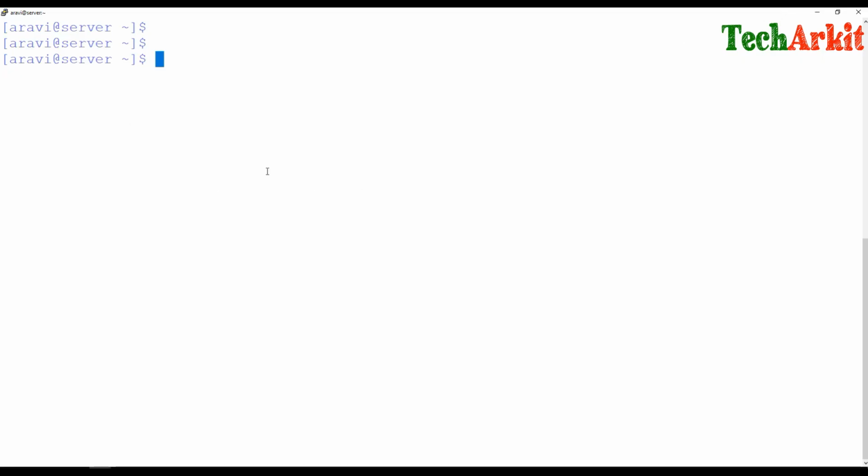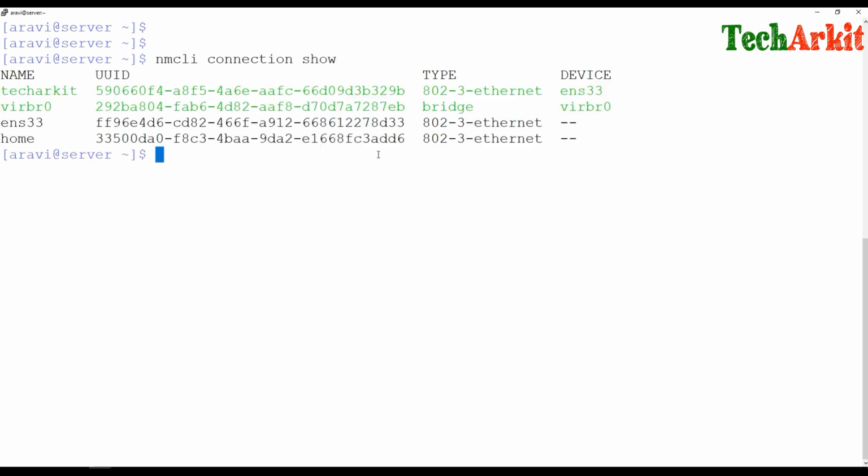Okay, this is what you can do, all these connection modifications with nmcli connection, and you can bring up the connections. Okay, nmcli connection show over here. See this, the connection has been changed. So now you can go to